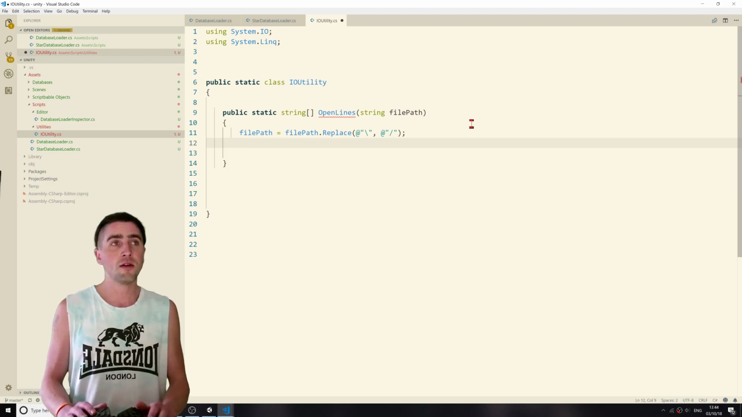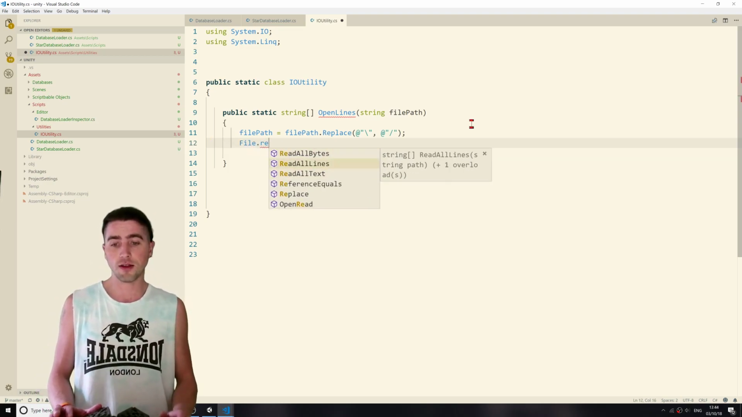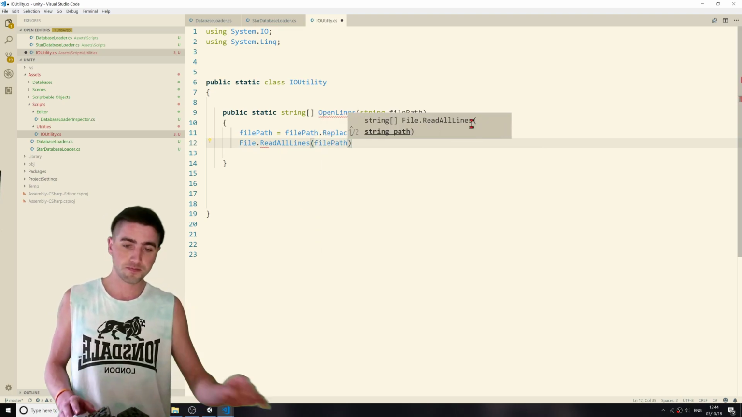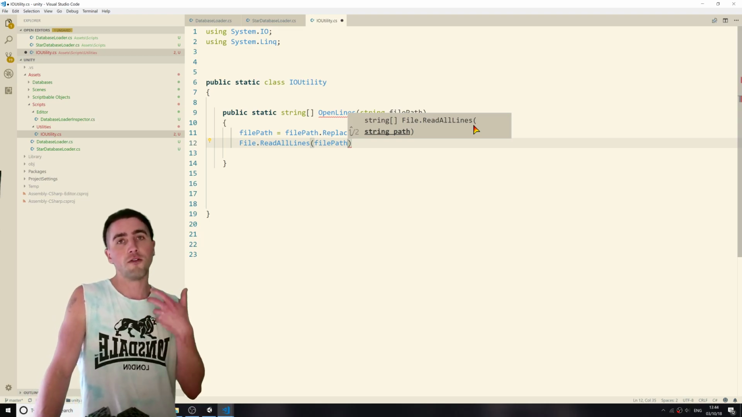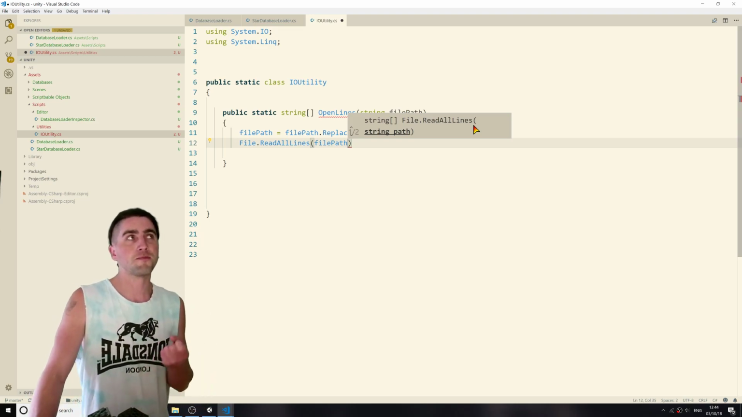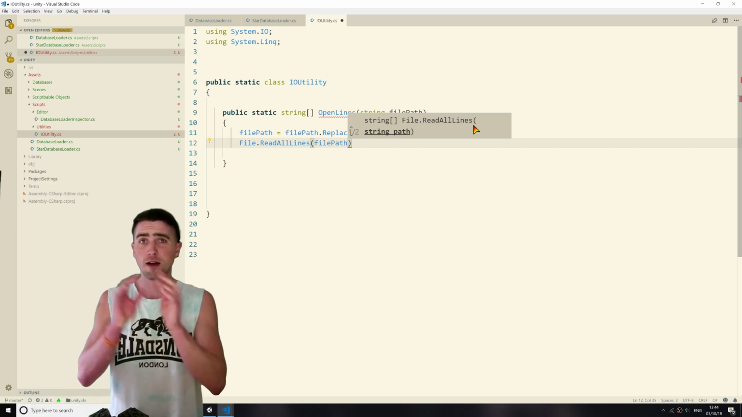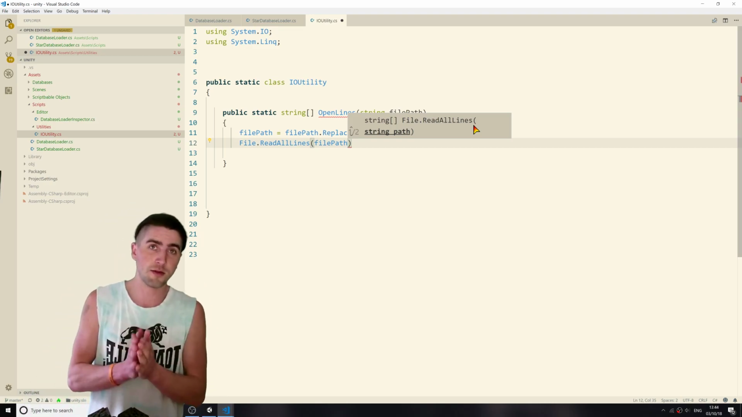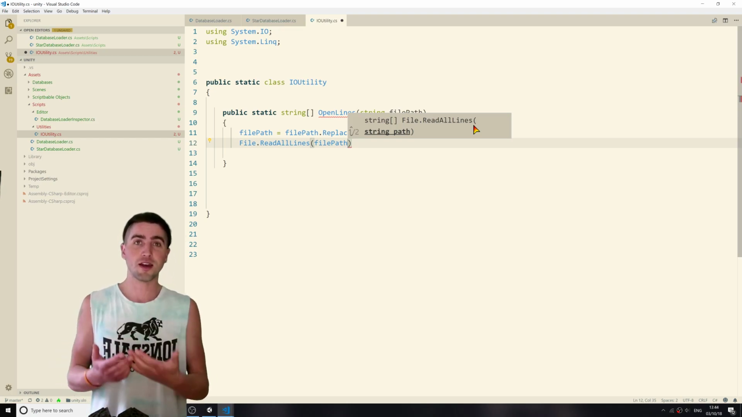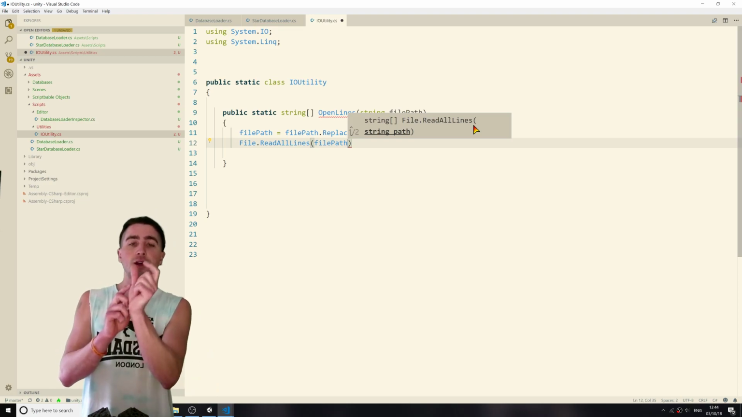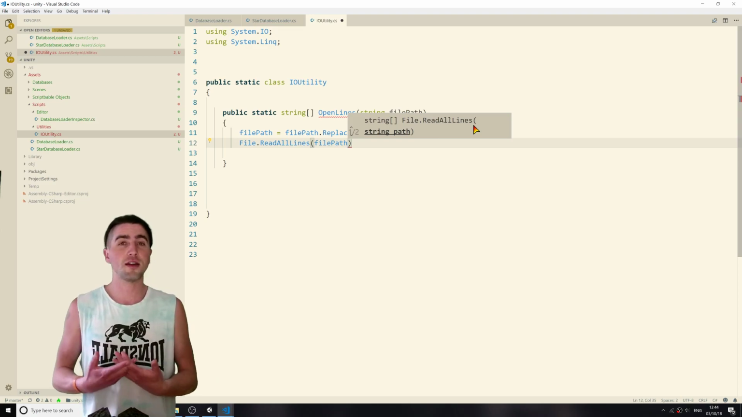And after we got that, we're just going to call a function, File.ReadAllLines of the file path. Now that's going to return an array of strings, which is every single line of the file that we're importing. The thing is, we want to be a little bit careful, because it's a comma separated value text document,